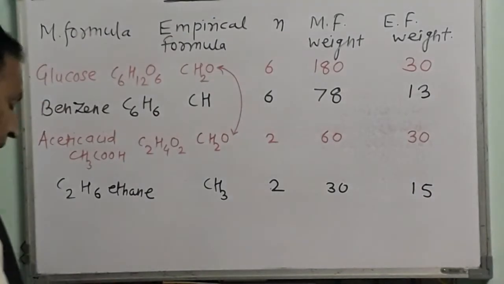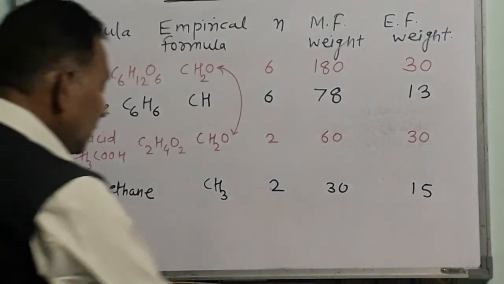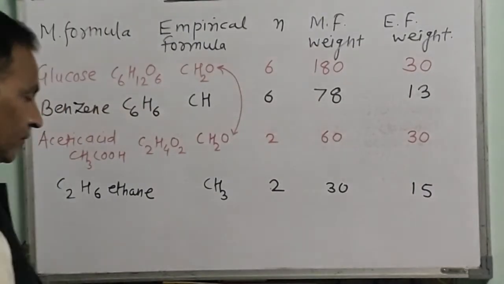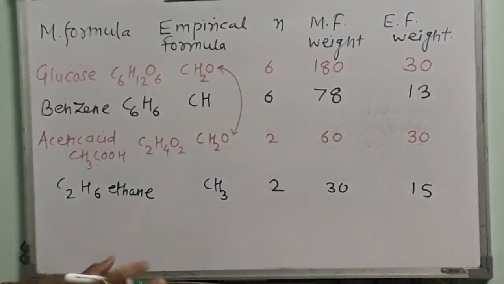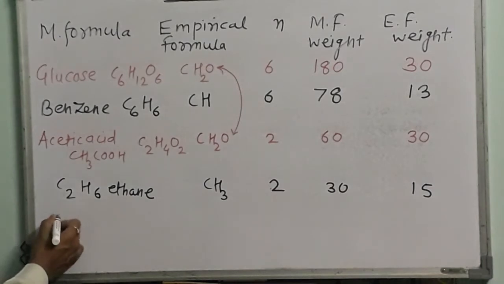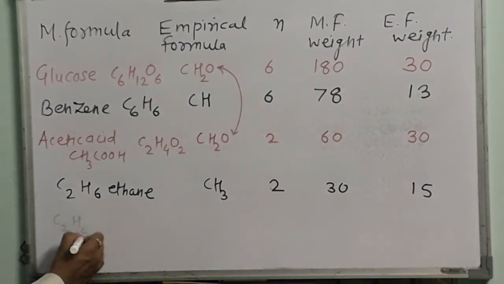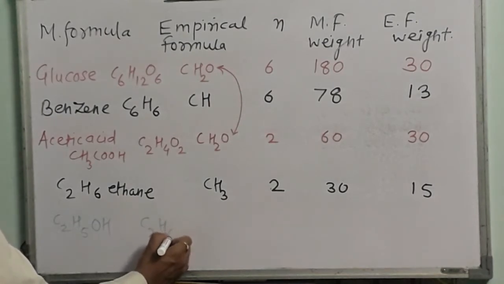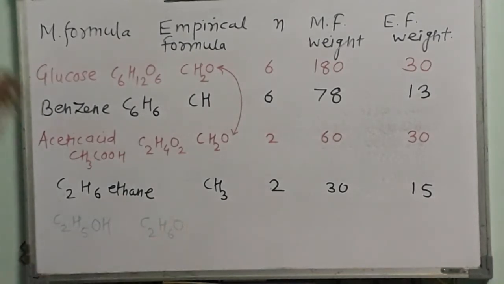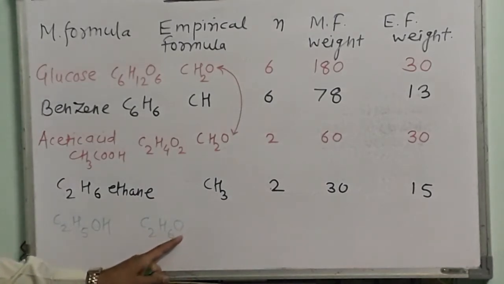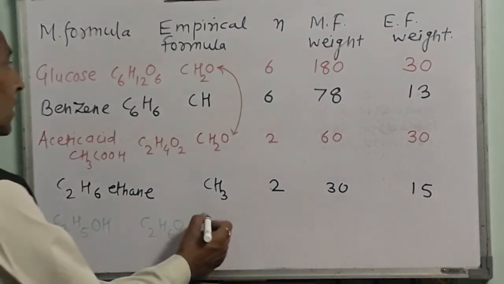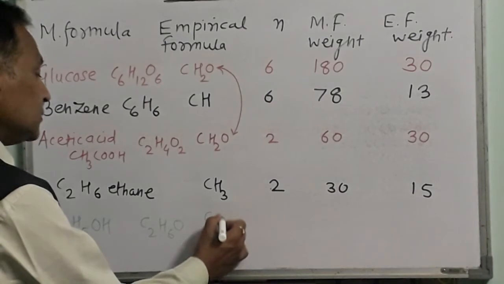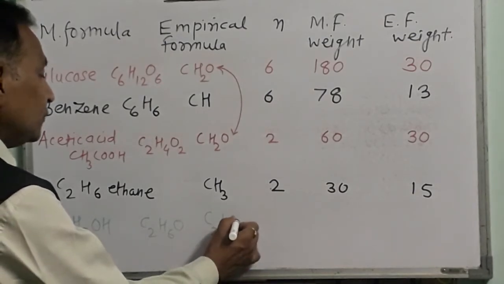Now one example of such a compound which is not having value of N greater than 1, N is equal to 1. See now, C2H5OH. This is ethyl alcohol. Its formula can be written as C2H6O. Now see here, one atom is present in odd number and that is oxygen. So we cannot reduce this formula to any short formula, and therefore empirical formula also remains the same as C2H6O.